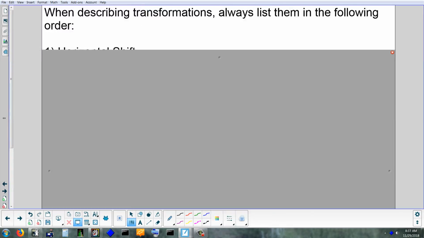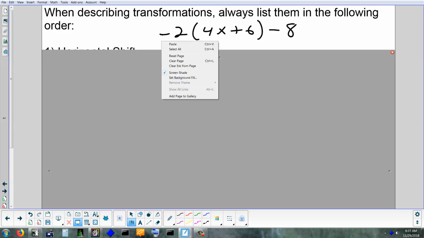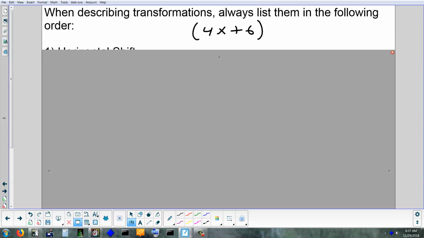Not every problem has every transformation in it at the same time. That'd be crazy. That'd be like a problem like this. Negative 2 times 4x plus 6 minus 8. All right, that's got all kinds of stuff. It's got addition inside, it's got subtraction outside, it's got multiplication inside, it's got a negative outside. There's a lot of stuff there. On a test, you might see something like that. It's got two things. It's got addition inside and it's got multiplication inside. And that's it. Just got two things. So